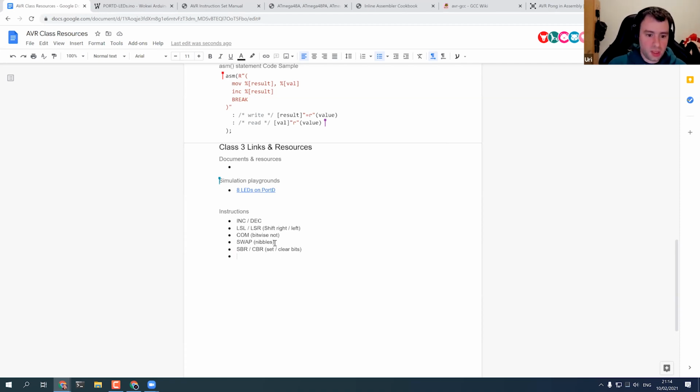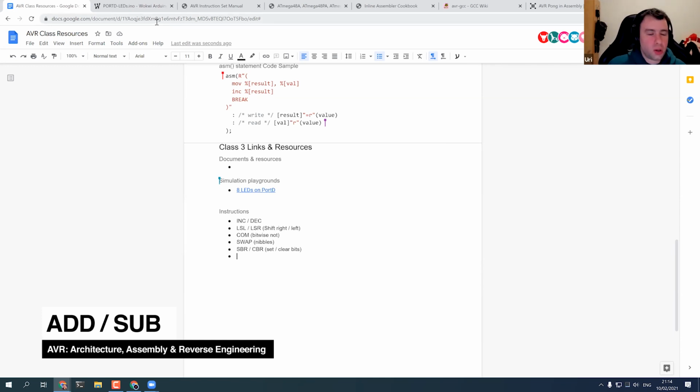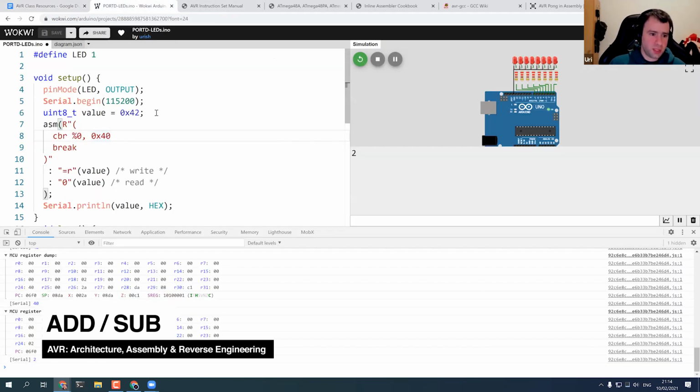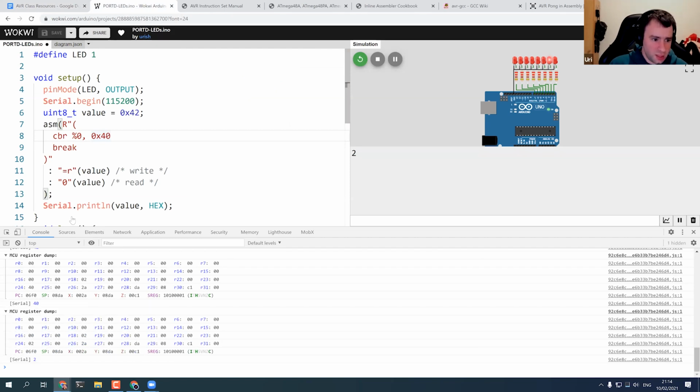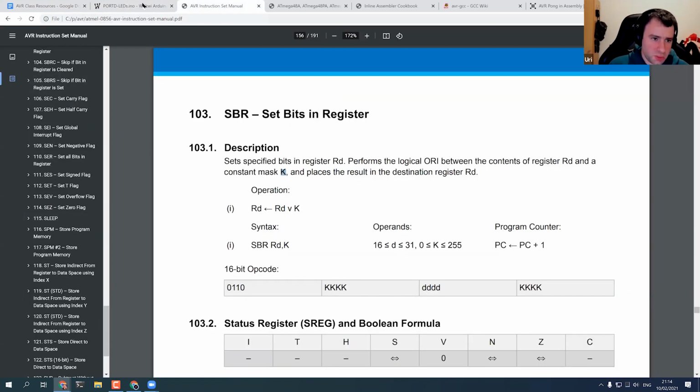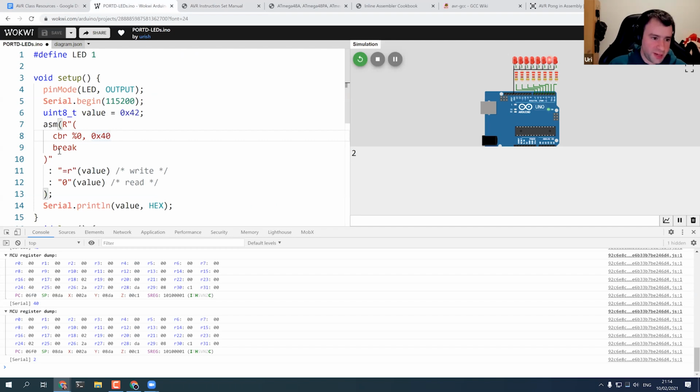Cool. So these are all the basic operations that work on a single register. There are probably a few more, like neg, but they aren't really interesting right now. And just like we did here, you can find them in the manual if you encounter them or need them. And then there are a few